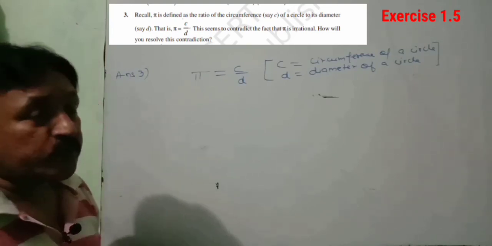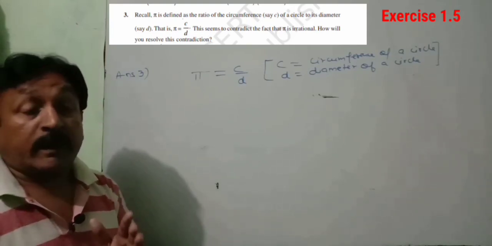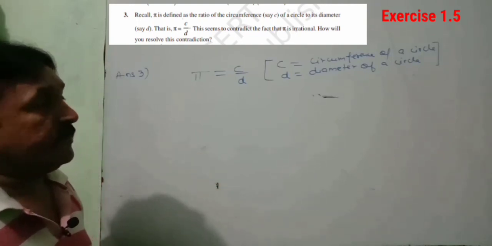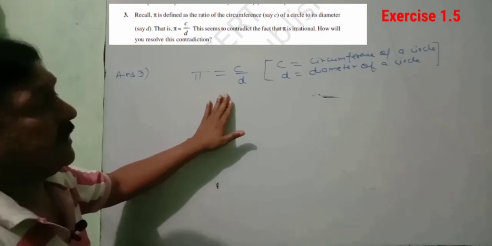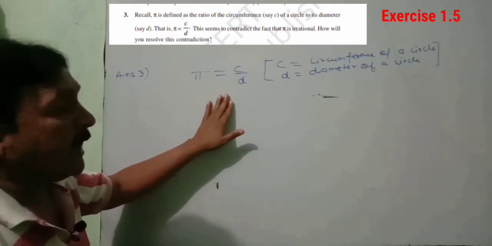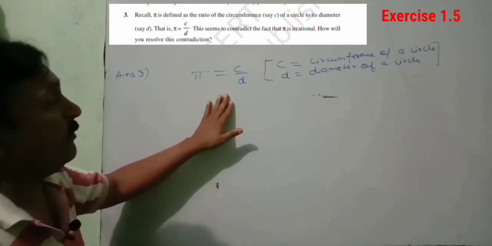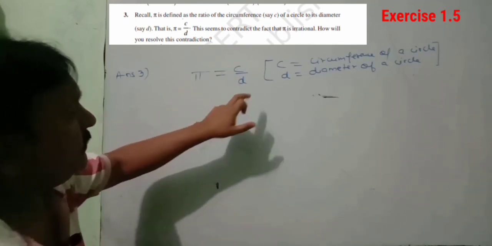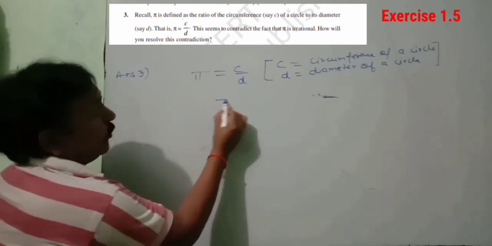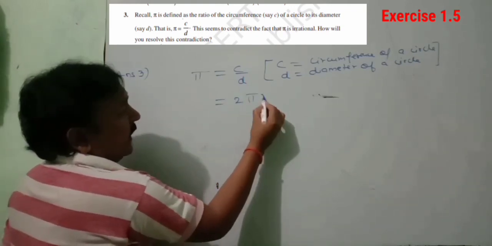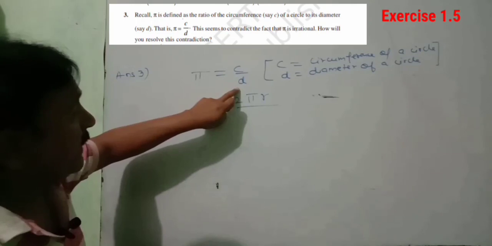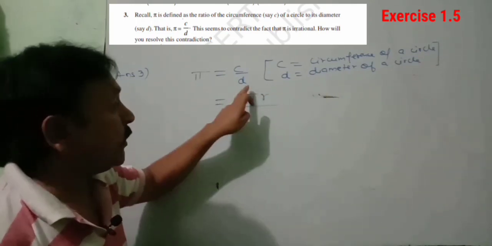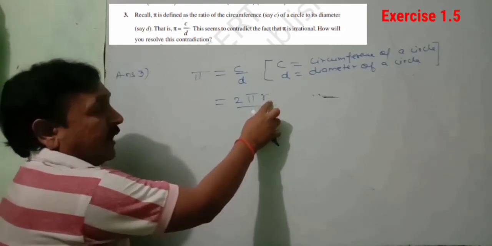See, I had just told you in part first in question number 1 of this exercise that do not give the answer in mathematics just by seeing the things. First of all, we have to solve them and then we will give the answer accordingly. Okay, so let's see. So what is C here? C is the circumference of a circle. Do we know the formula? Yes, 2 pi r. D is what? Diameter of a circle. And what is the diameter? Can we write diameter of a circle in terms of radius?